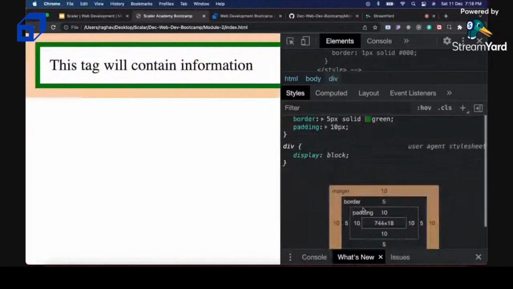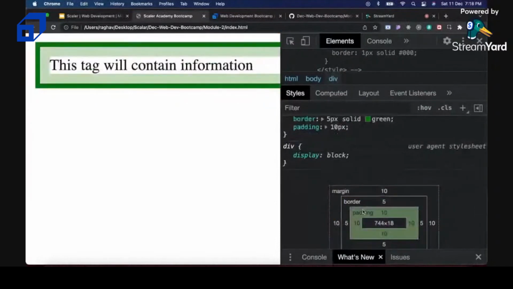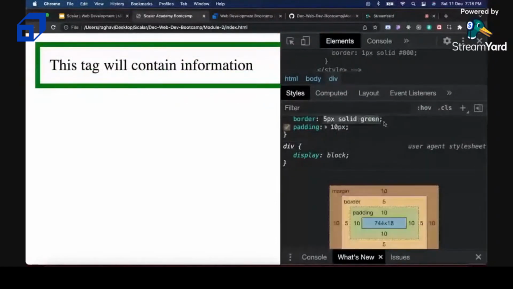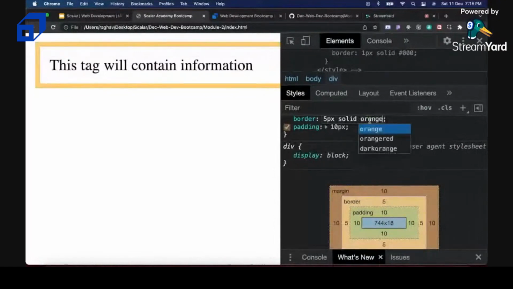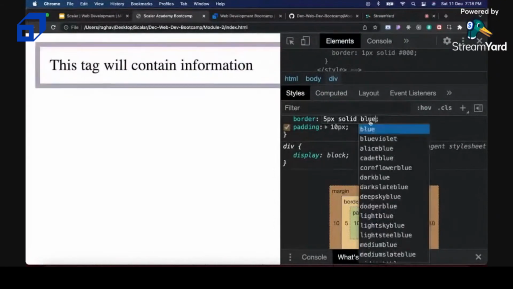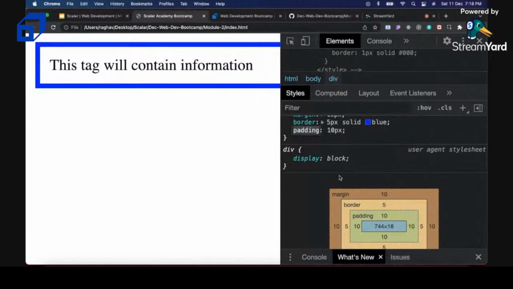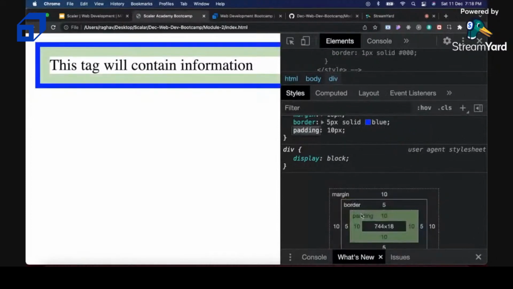So again, the padding would be visible in light green in color. So I can change the color from red to blue, let it be blue. Okay, blue represents the border and padding represents the green. So basically what is the difference between padding and margin is both denote spacing between the contents, but again the